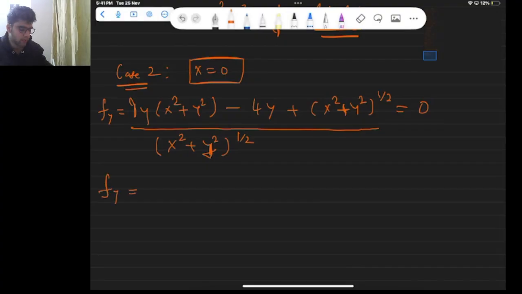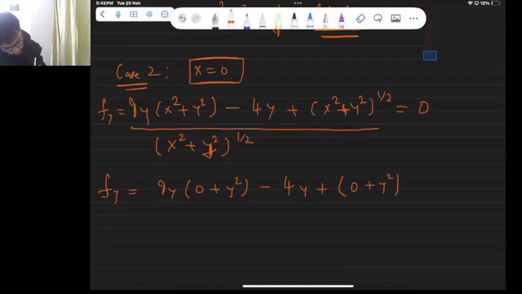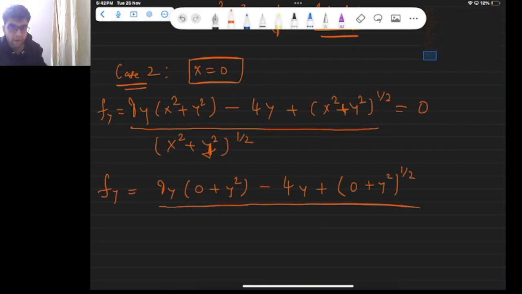If I just put in x as 0, so 9y (0 plus y square) minus 4y plus (x square plus 0 plus y square), 0 plus y square to the power half, divided by 0 plus y square to the power half,